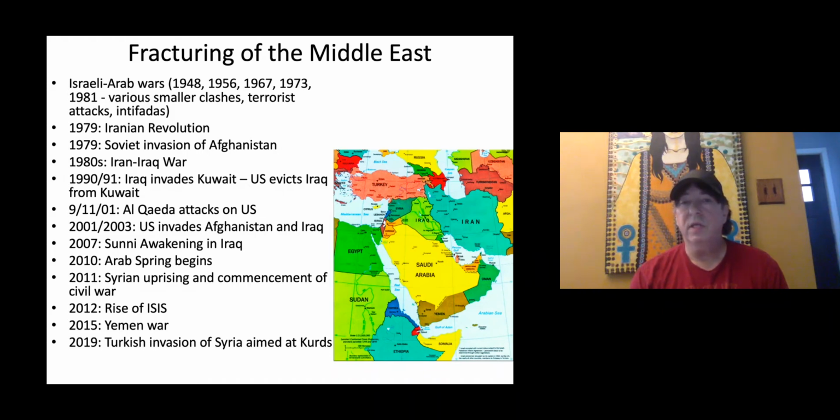Then we have the Soviet invasion of Afghanistan in 1979. That led to a decade-long conflict, with the U.S. supporting Islamic groups through Pakistan against the Soviet occupiers. And then after the Soviets finally withdrew and their puppet government fell, there was a period of anarchy followed by the rise of the Taliban government in Afghanistan, a more militant Islamic group, which allowed Al Qaeda to enter the country and operate from there, which led to the 9/11 attacks, which led to the U.S. invasion of Afghanistan and its continuing presence there,